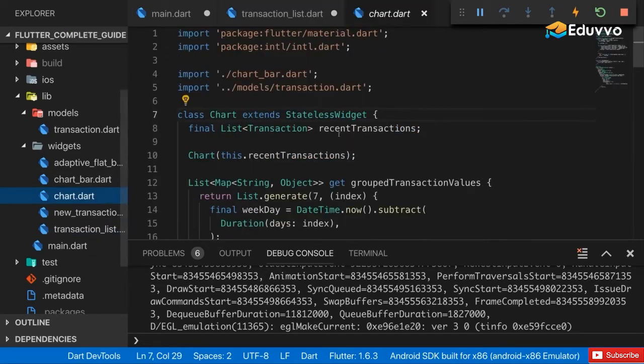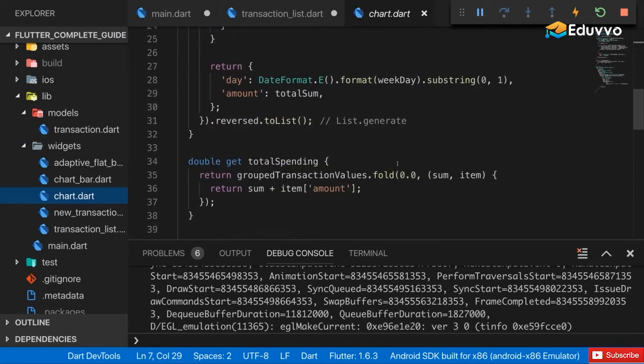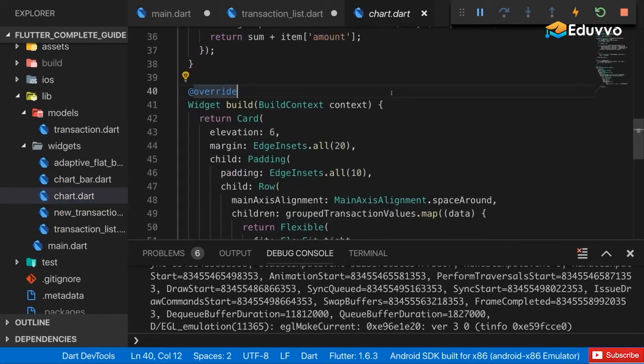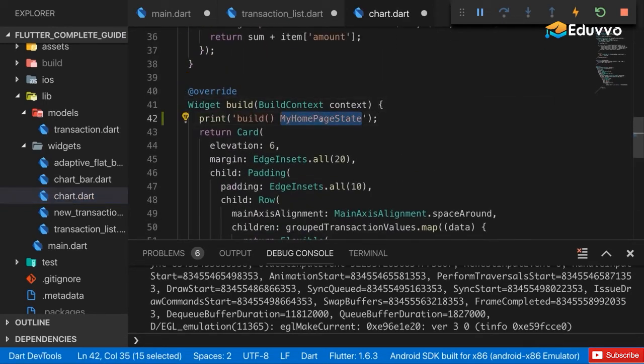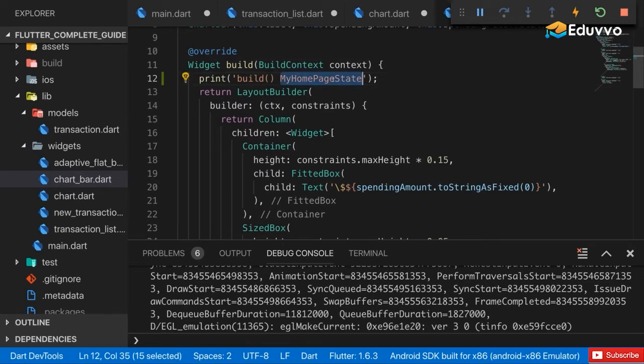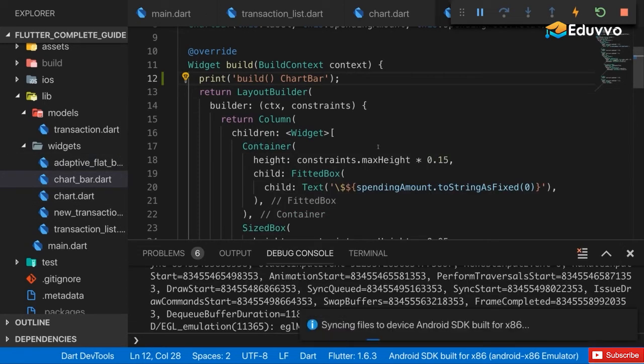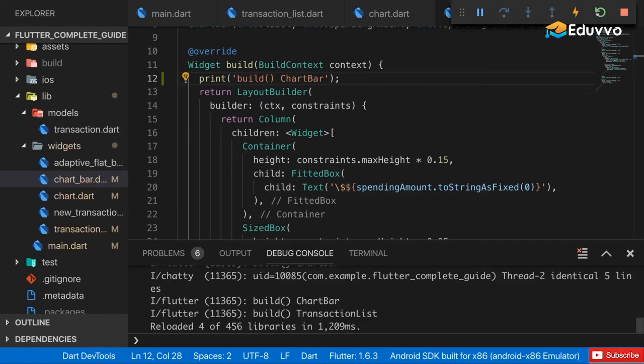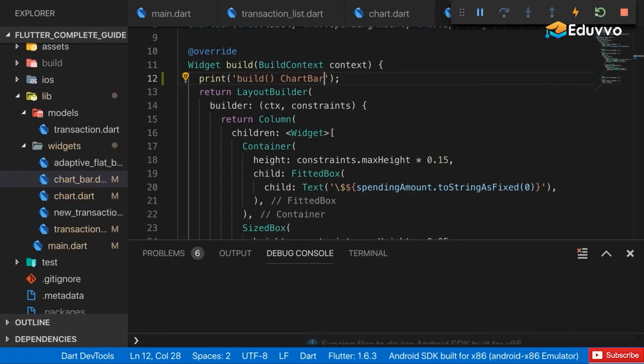The same for the chart here. There in the build method, I'll print build chart, and for the chart bar, there in the build method, I also want to print chart bar. You could also add it to the adaptive flat button if you wanted to, but I'll print it for these widgets. Now with that, if you have an emulator up and running and connected, do a full restart